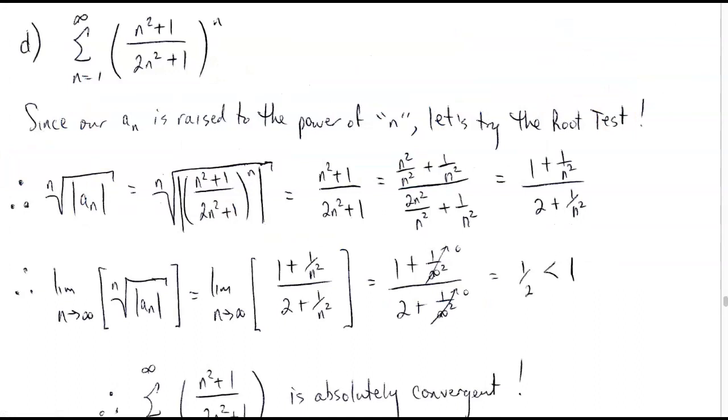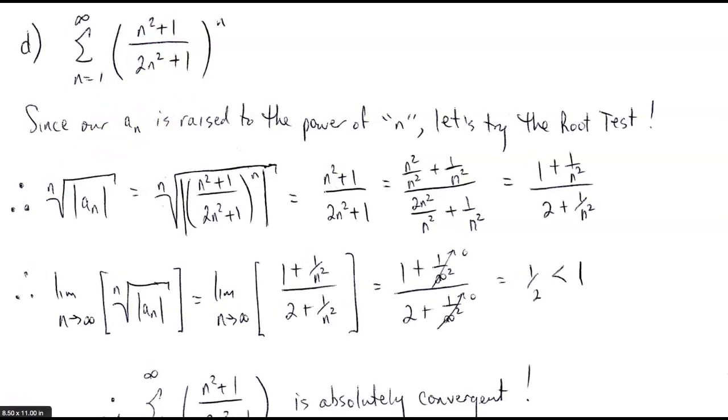So for our next example, we want to see what happens whenever we have a series where our underlying sequence is something that's raised to the power of n. So here we do the same thing, but now we're going to be applying the root test instead of the ratio test. So we just say what is going to be the nth root of the absolute value of a sub n. So we just take all this business here, and we just take the absolute value of it, take the nth root, and you see that, of course,